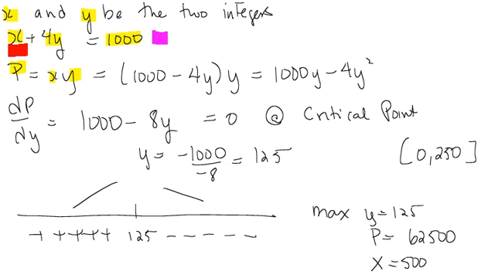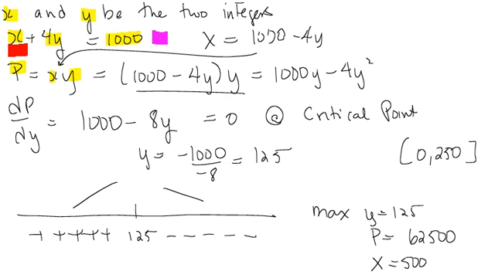And I hope you would agree that it's the x that's easiest to isolate, because that way we're not going to have fractions. So I am going to write x is equal to 1,000 minus 4y, and then plug that in to this x, which gives me this equation here. The other way you would have had fractions, not impossible, but a bit messier. I'm going to multiply the y into the bracket to give me this expression so that I can avoid the